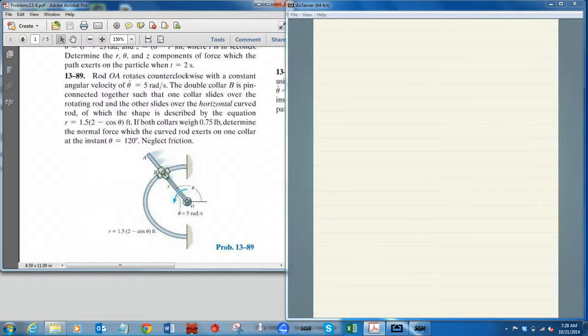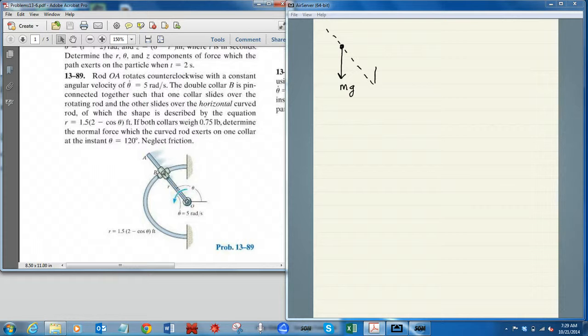So because we need the force, we also need to draw the free body diagram. So we're going to start with drawing the free body diagram. There are 3 forces: gravity, and the 2 forces coming from the 2 bars OA and the curved bar. So I'll draw those in. I'll do a dashed line to show where the straight bar is,